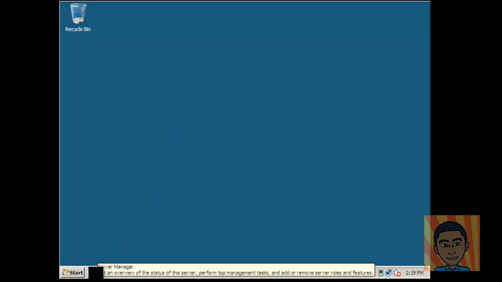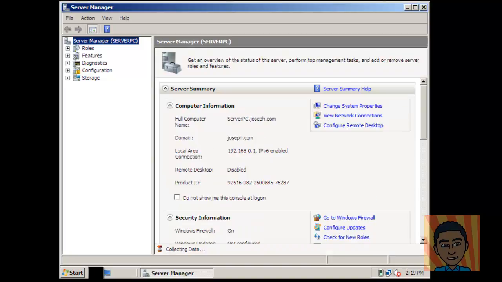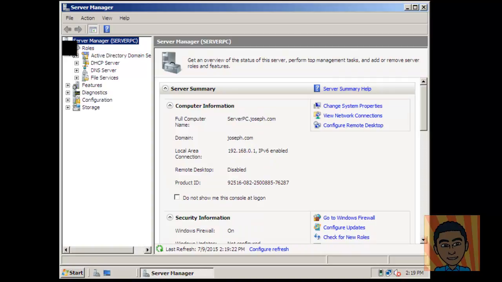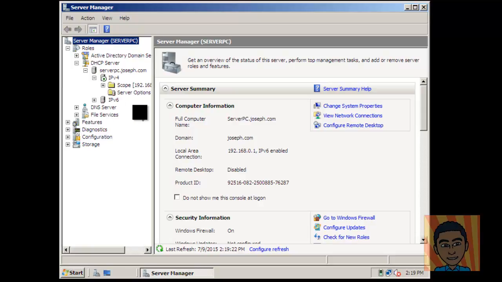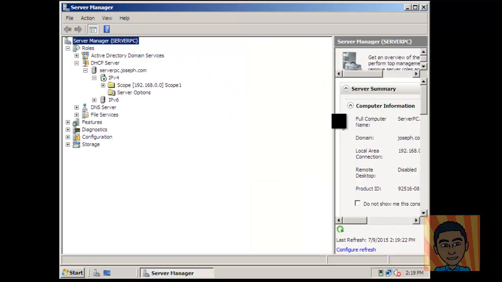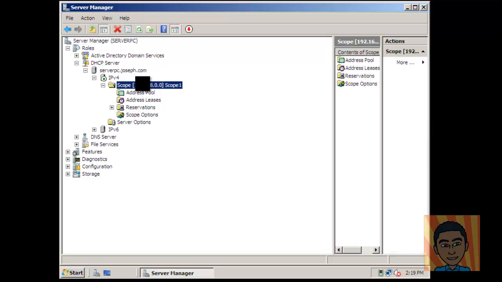Alright, so you can click on Server Manager. Alright, and we're going to expand Roles. And we're going to expand DHCP Server. You see here the DHCP server I had created. It's going to expand that. And then the IPv4 section. And you see here we have Scope. Alright, so if we click here,